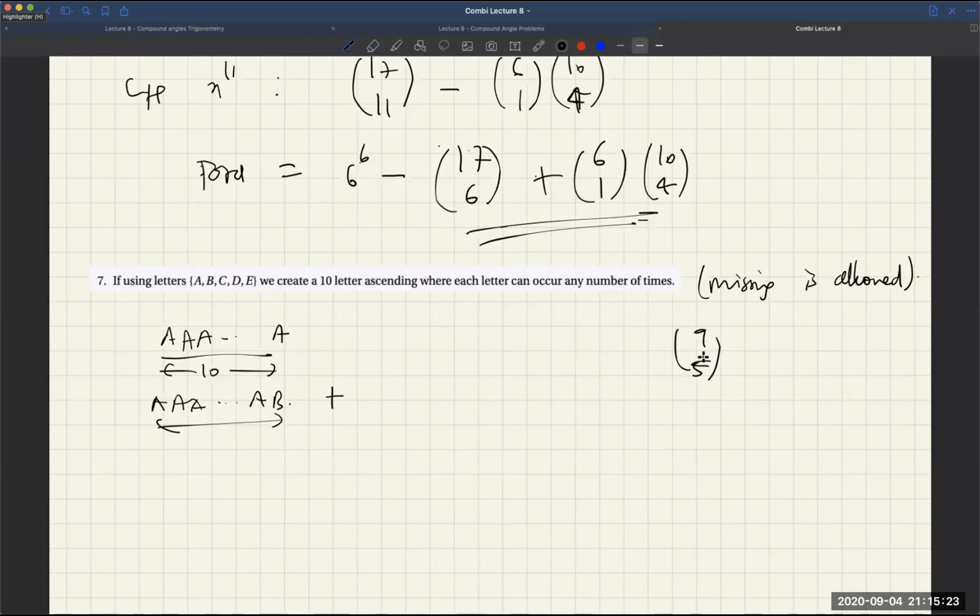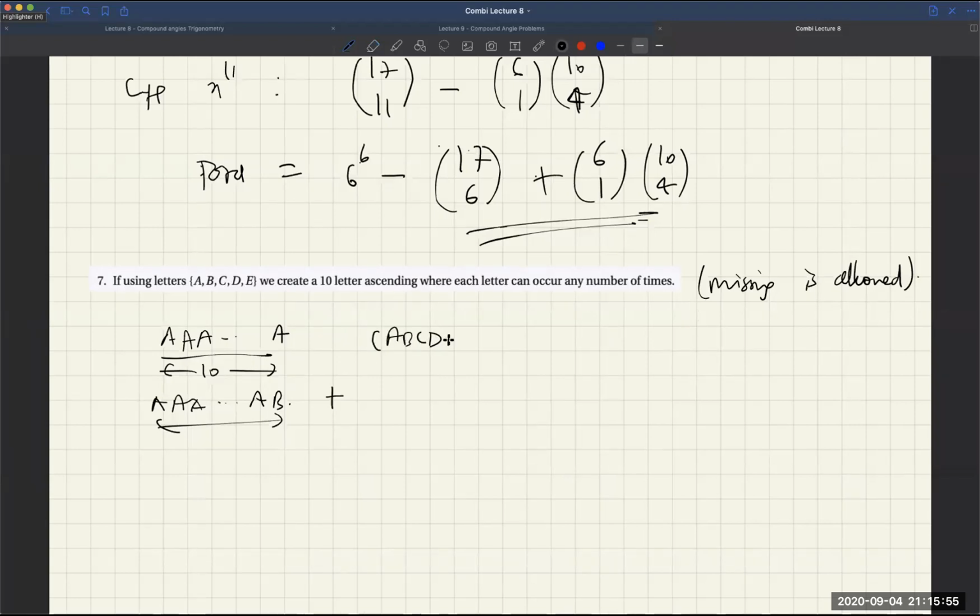See, you are using the letters, but what about the repetition? Imagine you took all the 5. After that, A may be used 3 times, B may be used 1 time, like that. Where are you taking care of that happening? You getting what I'm saying? Suppose you said to use ABCD, but this is used 2 times, this 3 times. Sir, so it is like we are using a greater than sign between the gaps. That is much better, isn't it?